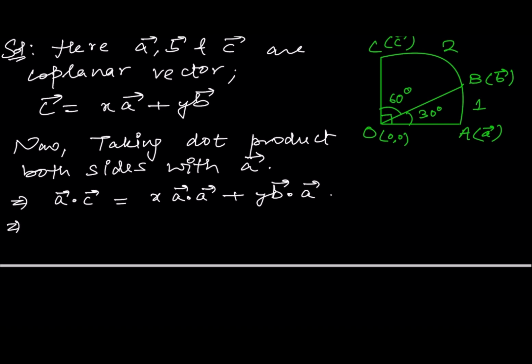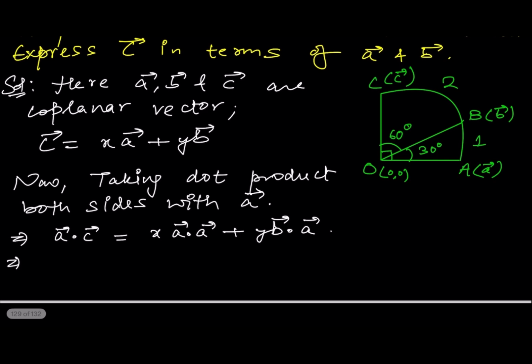As the dot product is commutative, you can write A dot B or B dot A, right? So it doesn't matter. So A dot C means AC cos theta, where theta is the angle between vector A and vector C, and I can see in the figure the angle between A and C is 90 degrees. So this will be AC cos 90 is equal to